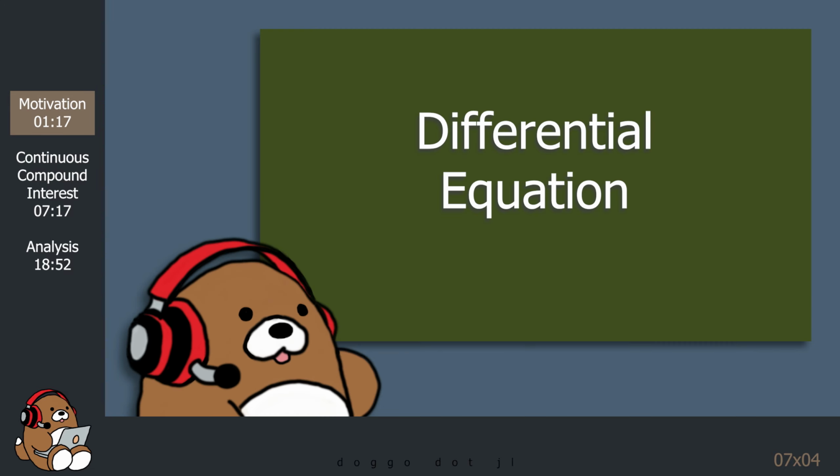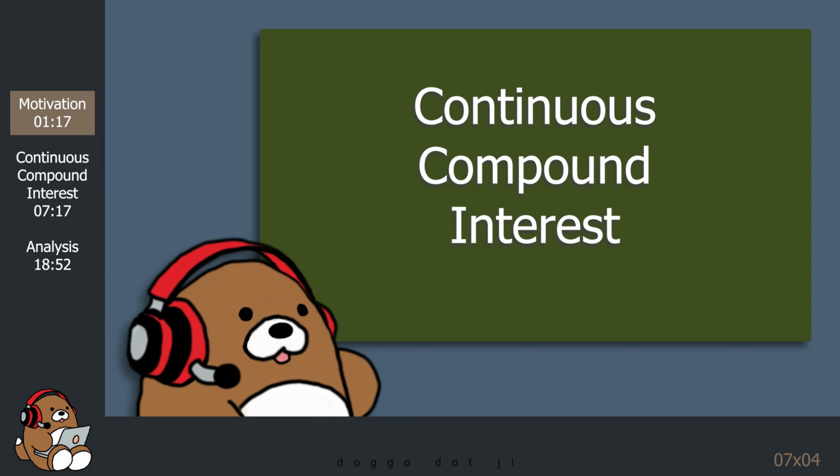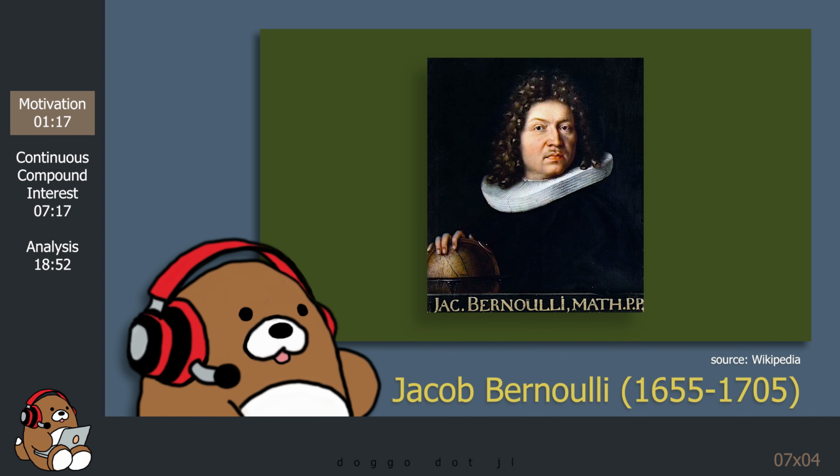Rather than starting with a lengthy exposition about concepts and terminology, let's jump right into a real example of a differential equation. We'll learn concepts and terminology along the way. In this example, we're going to look at how to solve the problem of continuous compound interest. Way back in 1683, Jacob Bernoulli was pondering the magic of compound interest. Here's a modified version of the thought experiment that he was conducting.